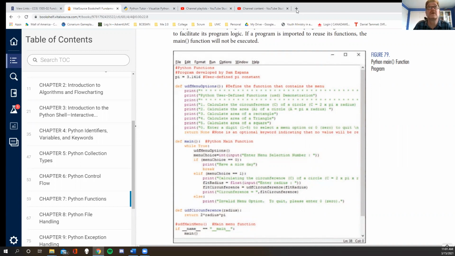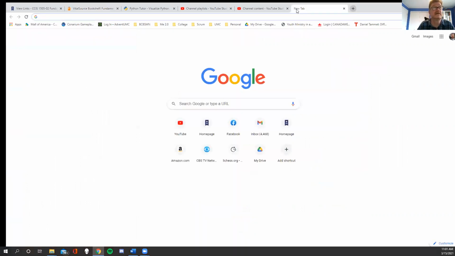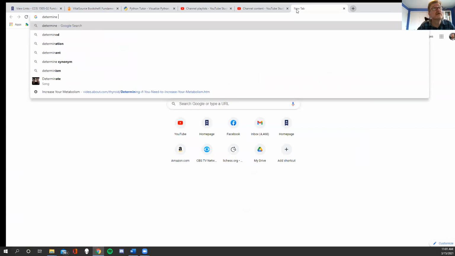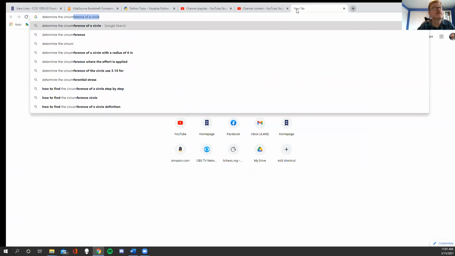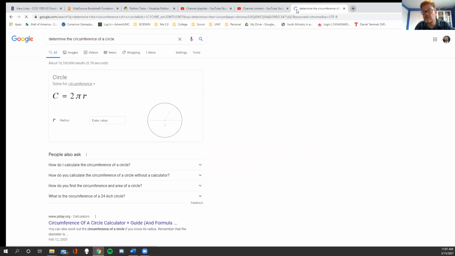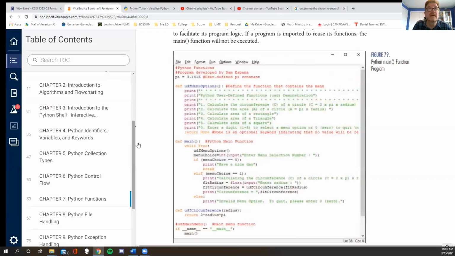Now, the first thing we need to understand is some basic geometry. So what I'm going to do here is say: determine the circumference of a circle. Determining the circumference of a circle is apparently 2 times pi times r. So let's have a look at this. What they're doing is 2 times pi times r. This line here, we're going to do first in Python just to get the idea, because this is effectively